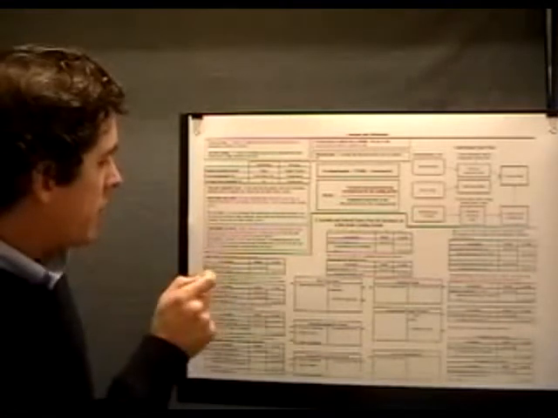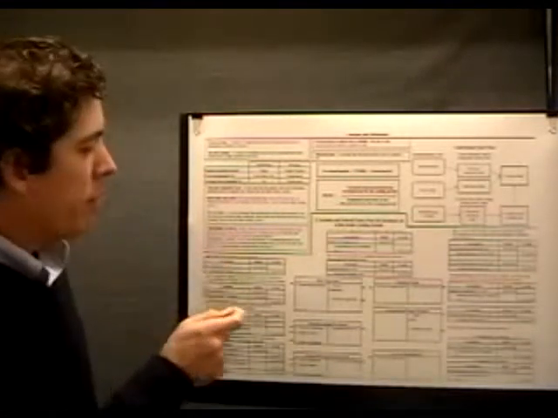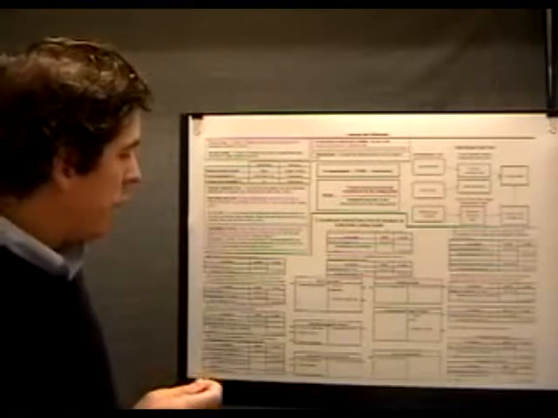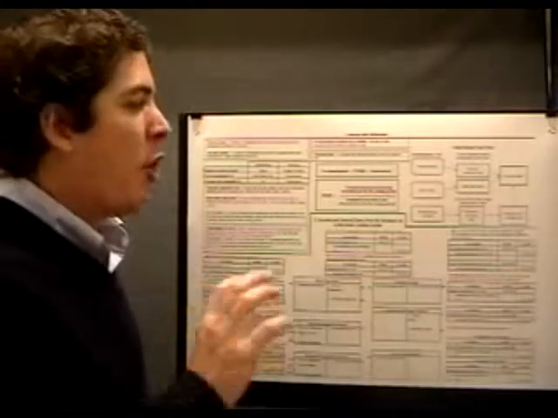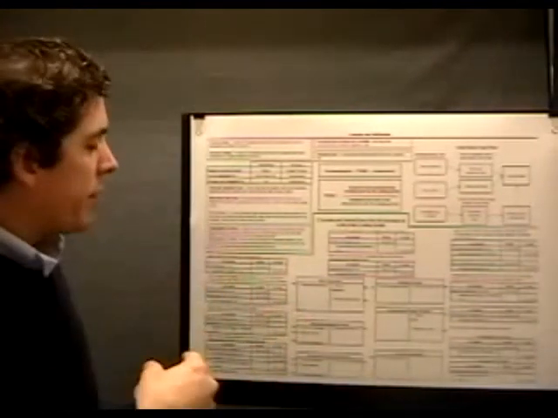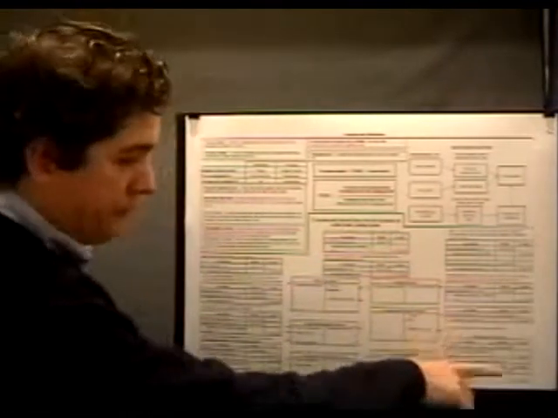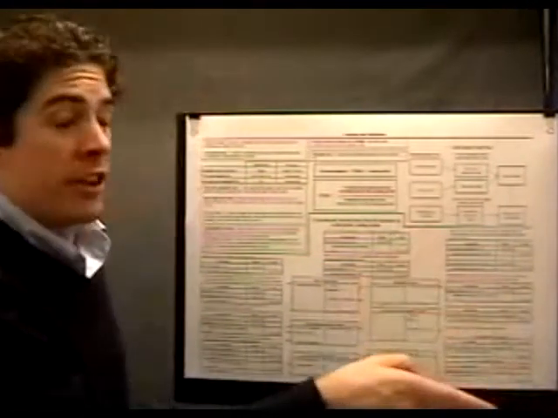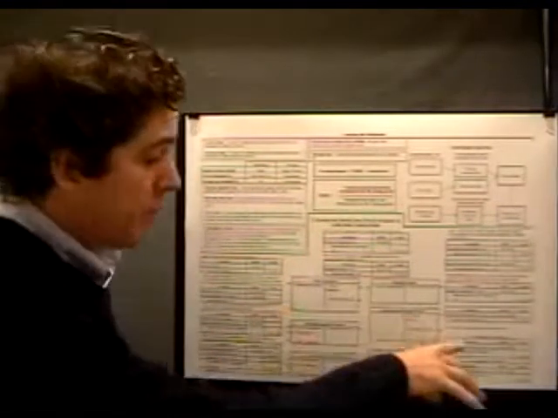amount of overhead applied to jobs during the period using the predetermined overhead rate is greater than the total amount of overhead actually incurred during the period. So underapplied is less than, overapplied is greater than. The journal entries, and the example we have on the other side, we're going to go through these, but the journal entries, we're